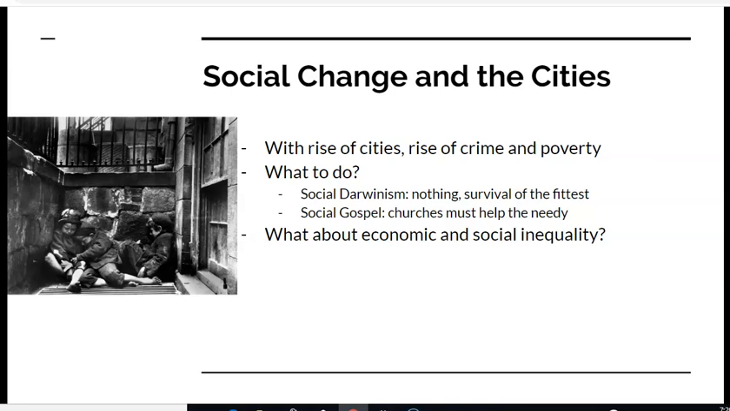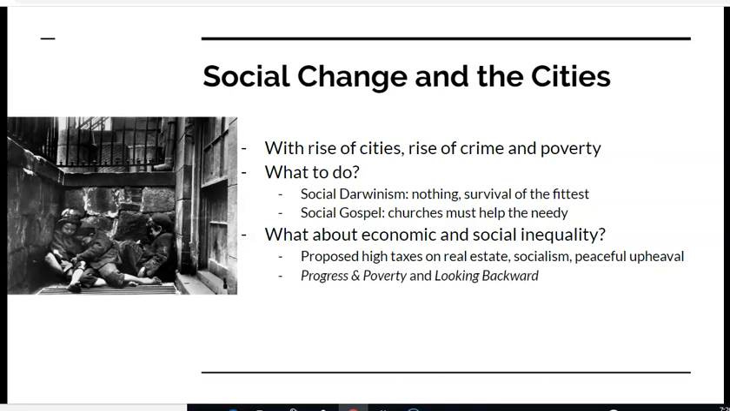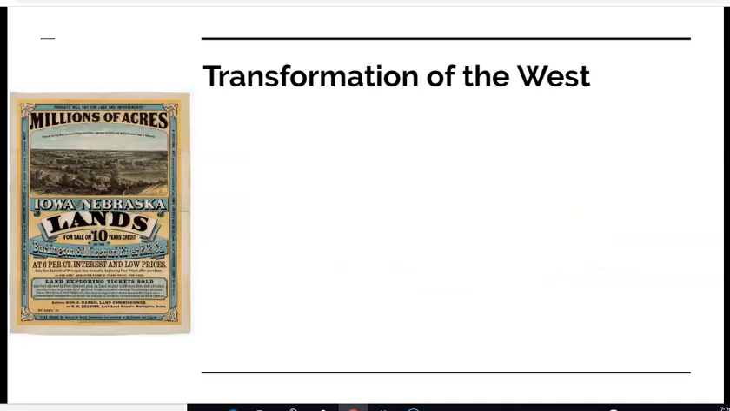Well, what about economic and social inequality? Well, some people proposed high taxes on real estate. Some people proposed changing up the system in the United States and advocated for things like socialism. Others pushed for things like peaceful upheaval. And they spread their ideas through books like Progress and Poverty or Looking Backward that promoted ideas that would radically